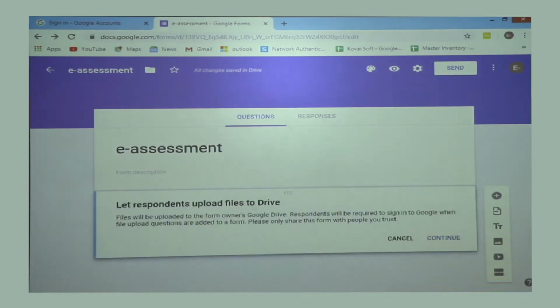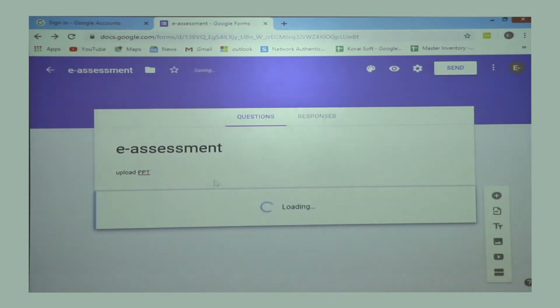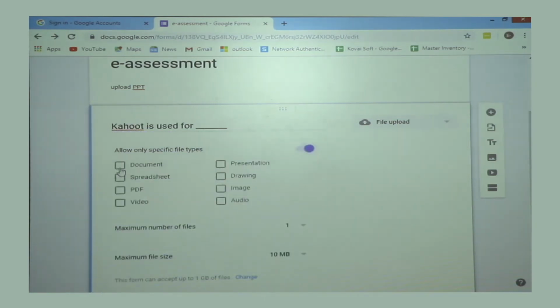And file upload, you can even ask them to upload a video or a PPT that they developed as a group project. So all you have to do is upload your PPT. If you click continue, it will ask where to upload, and what the specific file type is, if there is any specific file type, document or PDF or video, whatever.